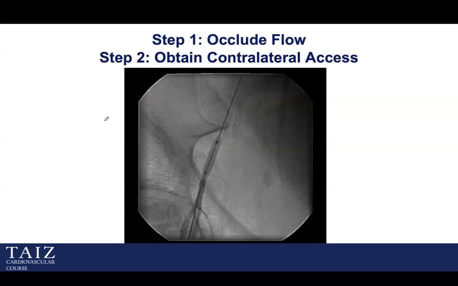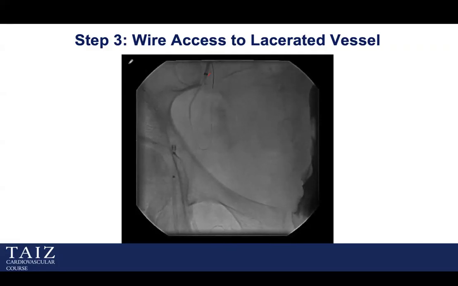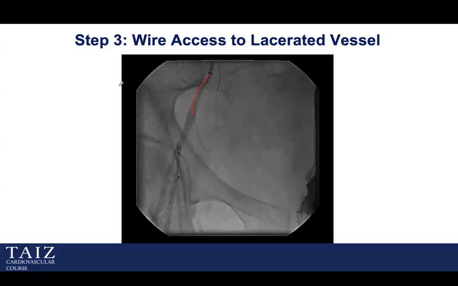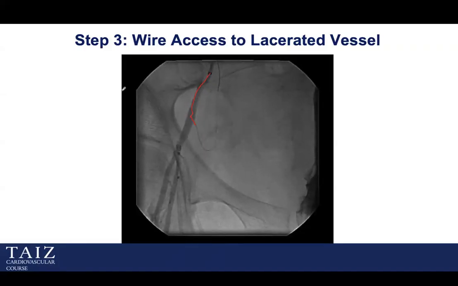Balloon just to stabilize the patient a little bit, although they are still bleeding from the collaterals from here, but at least get them a little bit stable. And then what you need to do is go from the other side, get contralateral access, and this is the sheath that came from the left side, and this is the tip of the sheath. And then what we used is an angled glide cath, and through the glide cath we wired that whole vessel and